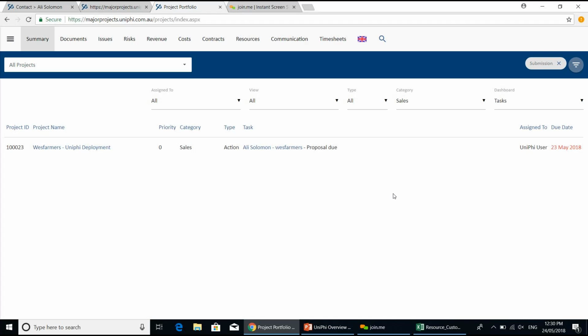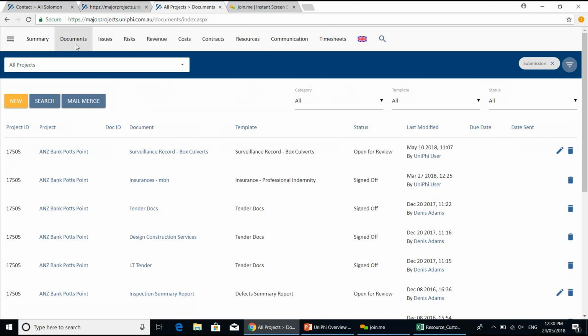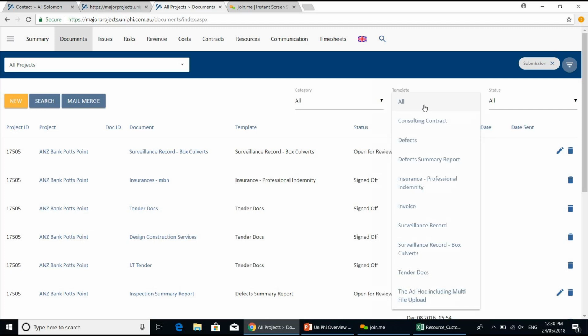Okay. There's a few other ways you can track due dates. Some people create their quotes out of UniPhi, or at worst, you would want to upload your final bid, and often it's a combination of the two, because sometimes it's a small quote. UniPhi is quite good at automating small documentation, but then if you need something that's richer with graphic design and desktop publishing and the like, and using InDesign or Word or what have you, you can still upload that document into UniPhi. So that way, if people need to find information about things, they can search by sector in the modal filter, aged care, what have you, and then